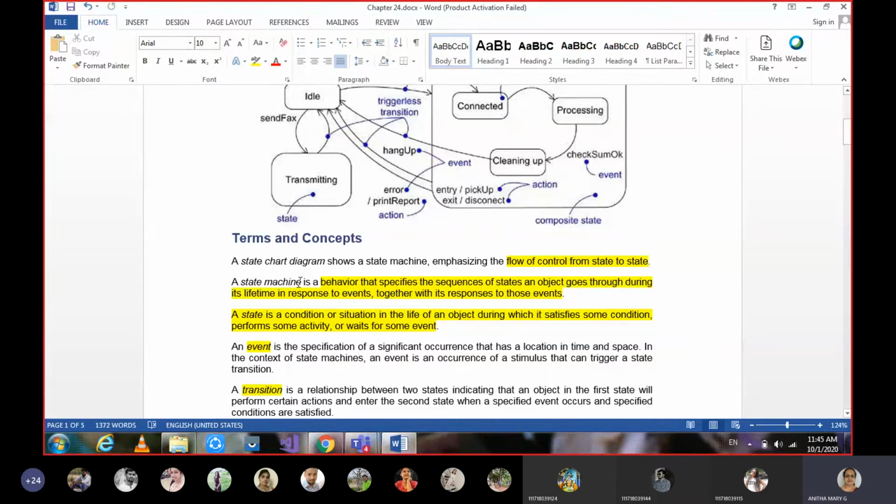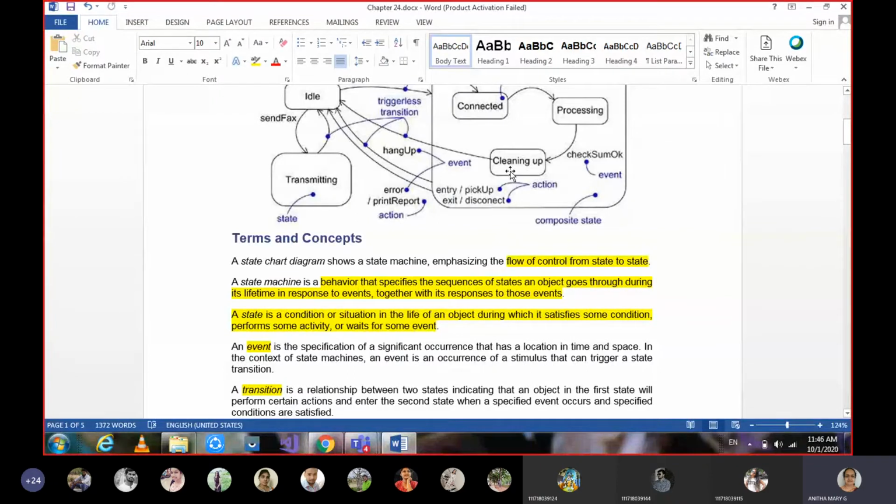And a state machine means we are talking with respect to one state here. That is a state machine, which gives some behavior that specifies, in its lifetime, the state of that object, which it undergoes through its lifetime.